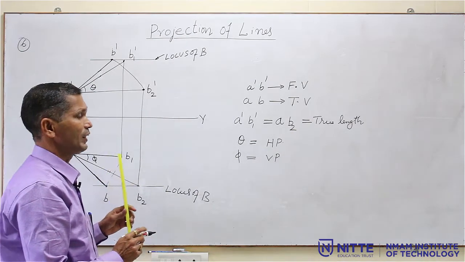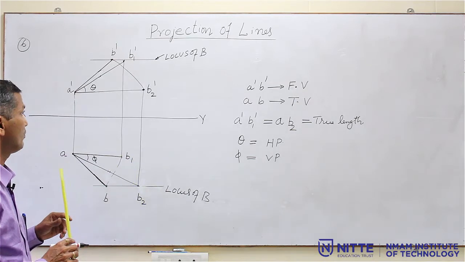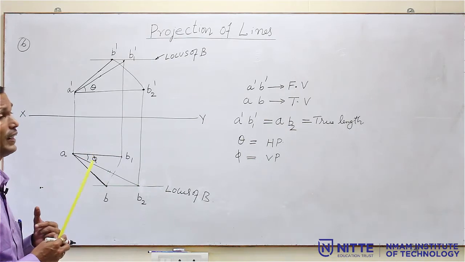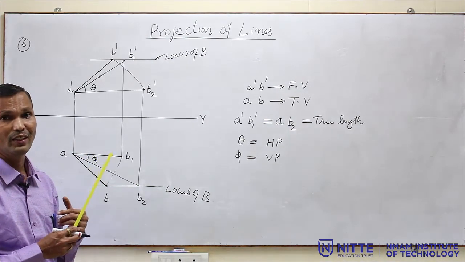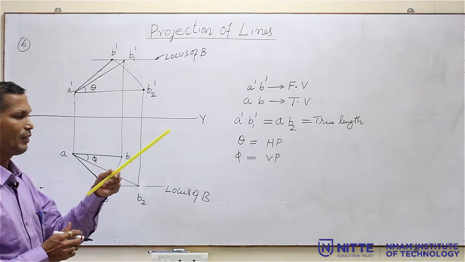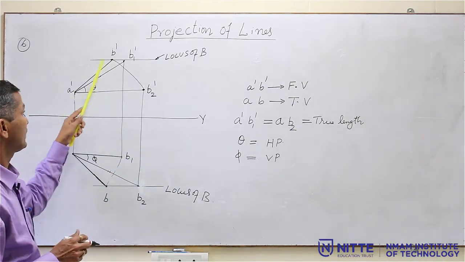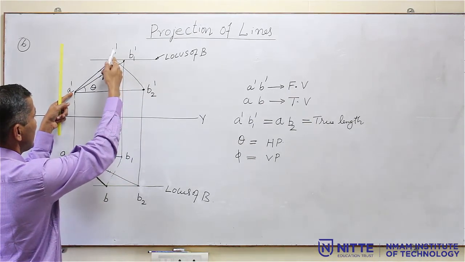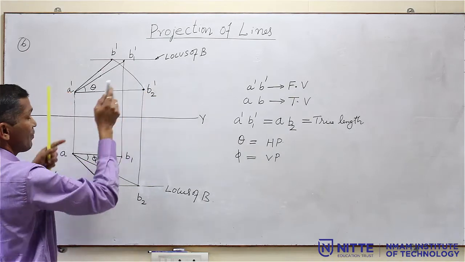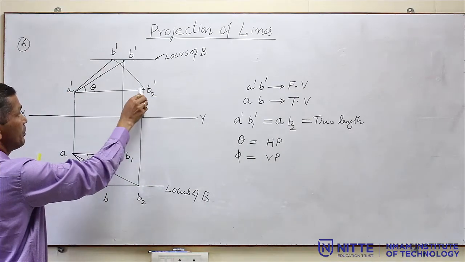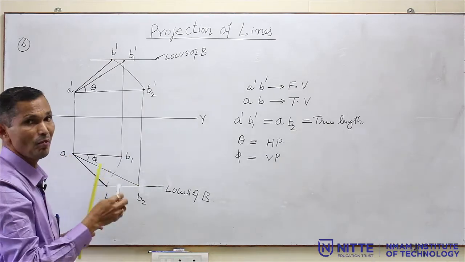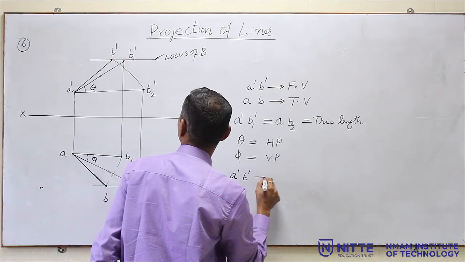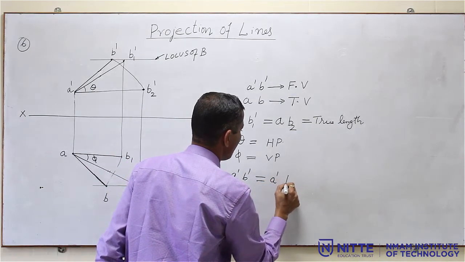Sometimes they will give the front view length, front view is 60 mm, but they do not give the inclination. Front view inclination is not given. Can we draw? Only length is given, no angle. Then I cannot draw this. But you can see here, drawing this arc means, what is the length of this? It is equal to this. If front view length is given, that is equal to A dash B2 dash. That you have to remember: A dash B dash is equal to A dash B2 dash.